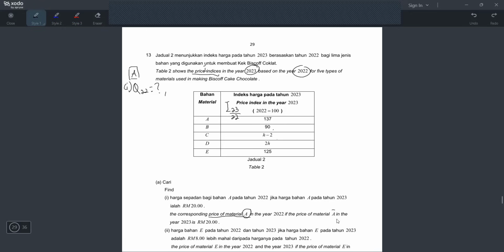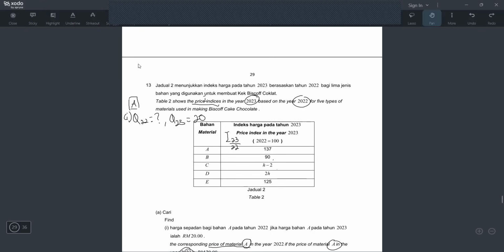Q22, if the price of material A in the year 2023 is 20 ringgit, so the price symbol we use is Q. Of course, you can use P also. You can use any symbol you want. But when I teach, I use Q. So Q for 2023 is RM20, right? And remember this, whenever the question asks you to find price, you must use the first formula in this